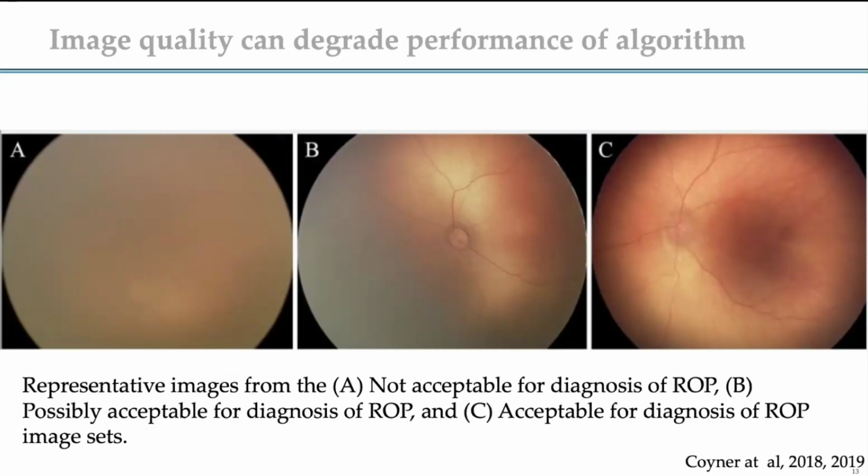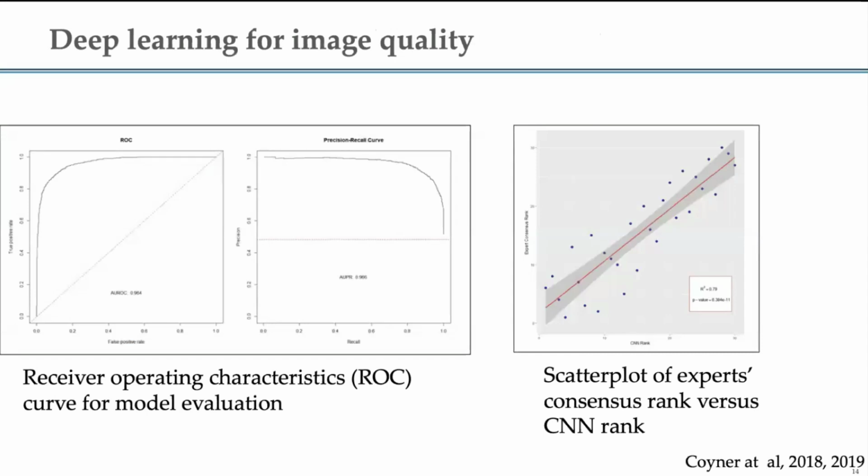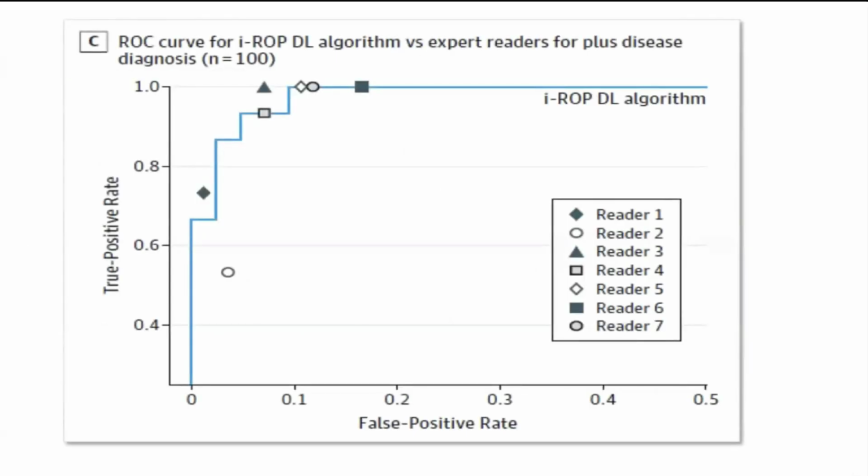And so one of the things that we had to do is actually create a first step of a quality detection or grading algorithm. This is again important, no matter what disease or other thing that you're thinking about, especially as you go to apply it in the real world, where the images may not necessarily be taken by a clinician, they may be taken by technologists, and there may not be immediate feedback about the quality.